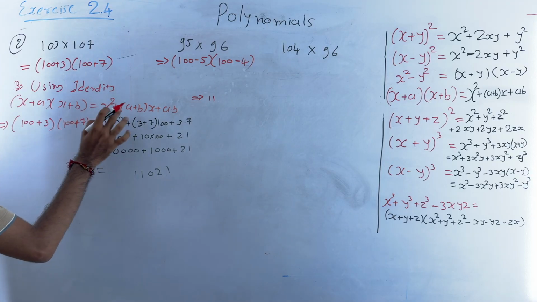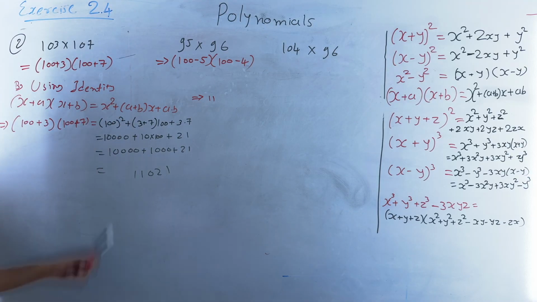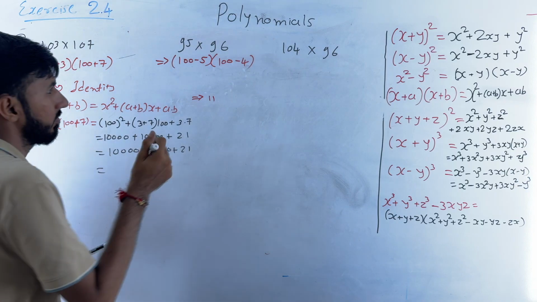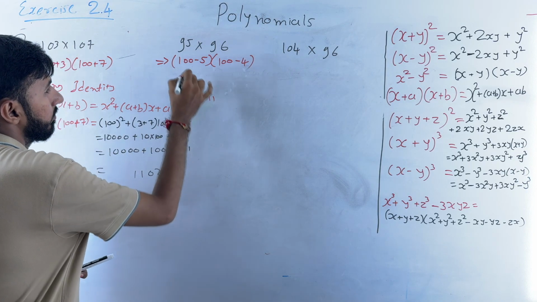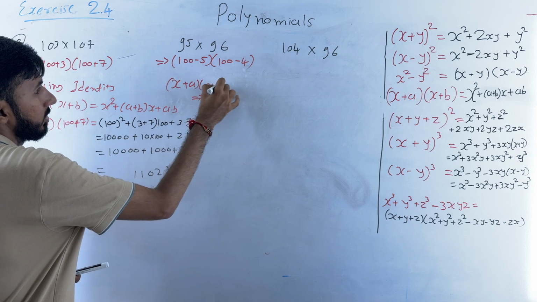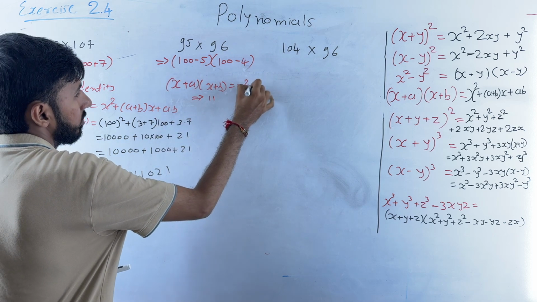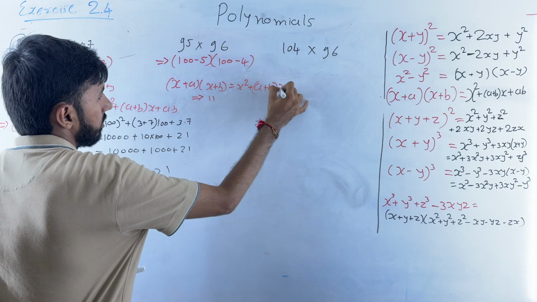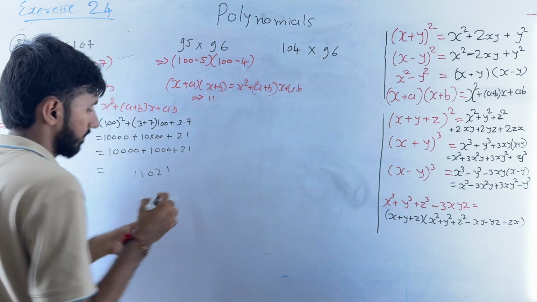By using the identity (x + a)(x + b) = x² + (a + b)x + ab, let me compare it. Let me write it here: (x + a) multiply (x + b) is equal to x square plus (a + b)x plus a into b. So,